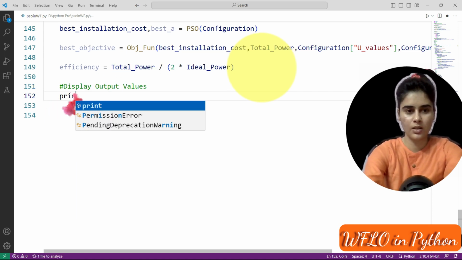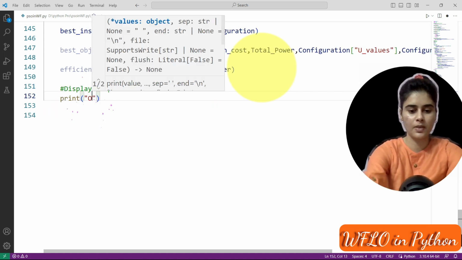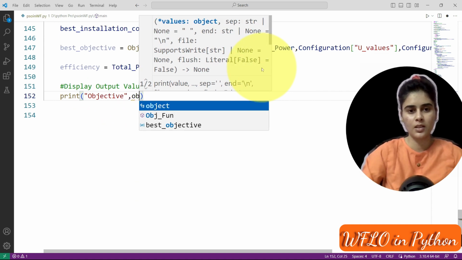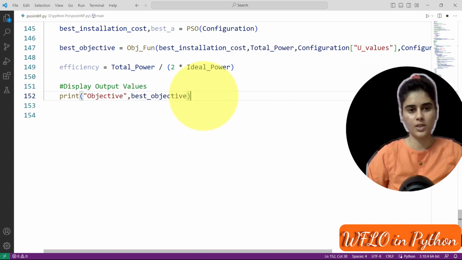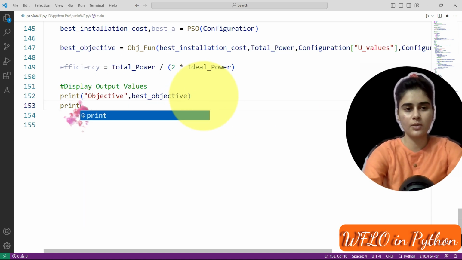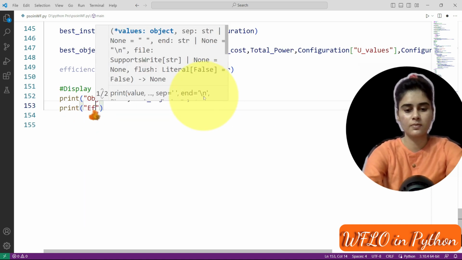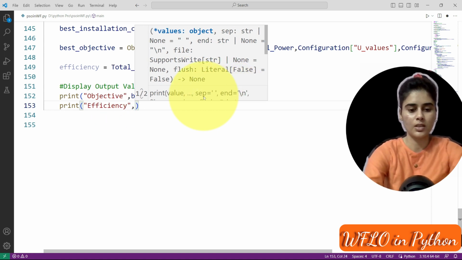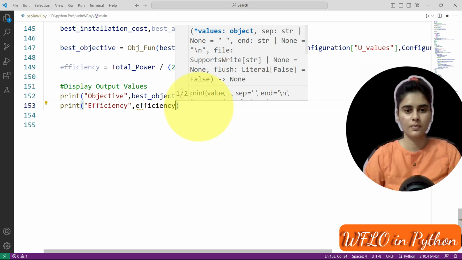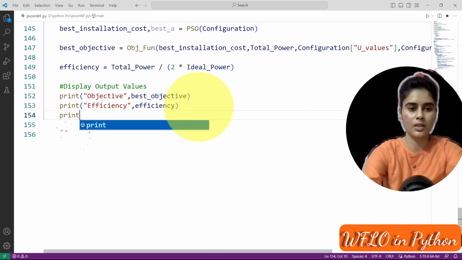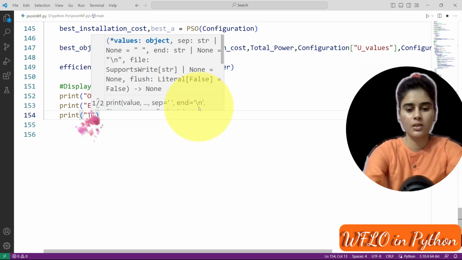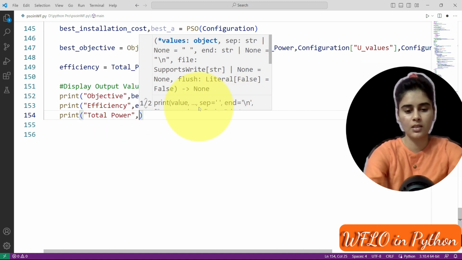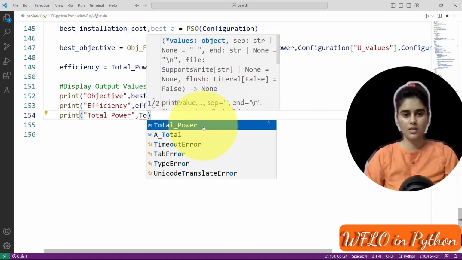So here first we will print the objective value that is stored in the function. Next we have efficiency that is stored in this variable. The last one we have is total power that is stored in this variable.